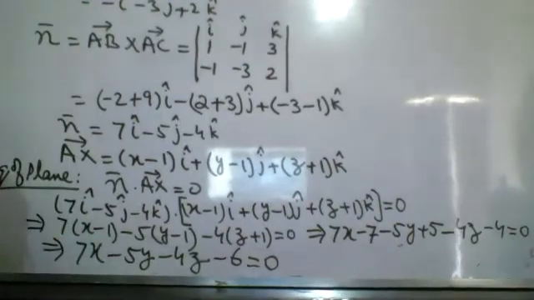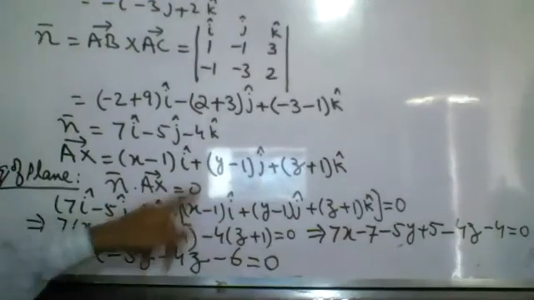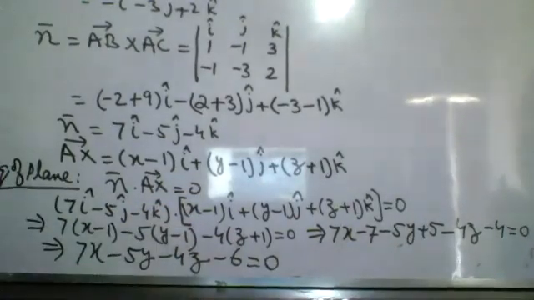Dwa Javeria, this is not the equation that you wrote. In the question you were asked to find the equation of the plane. Is 7x minus 5y minus 4z minus 6 an equation? No. This is not an equation. There is no equal sign. Again and again I am telling you, n dot AX equal to 0. You have to use equal to 0, otherwise it would not be the equation. Then again you are writing without an equation. You don't understand?